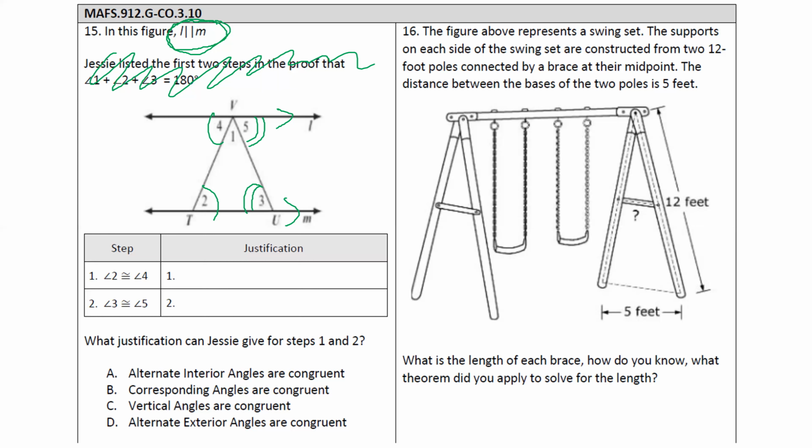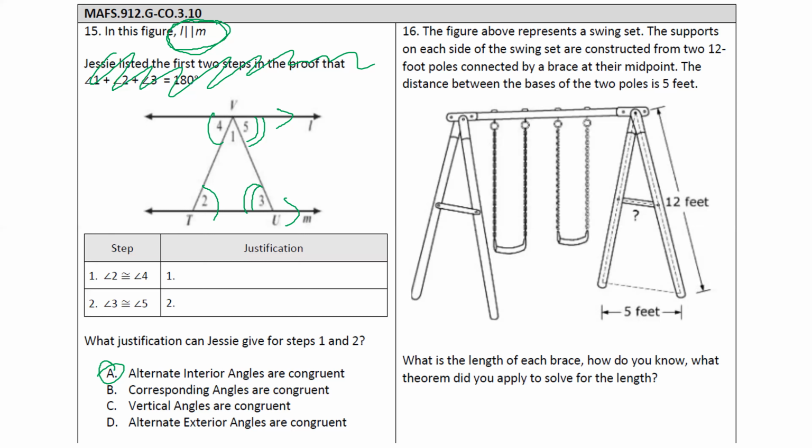Same thing with 5 and 3. They too are alternate interior angles. So the justification to say that these are congruent is alternate interior angles are congruent, which is A. Now,